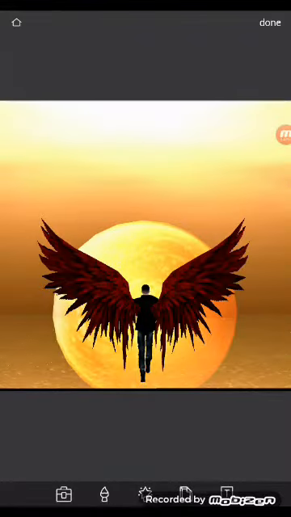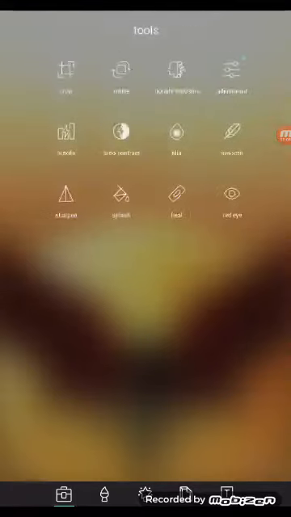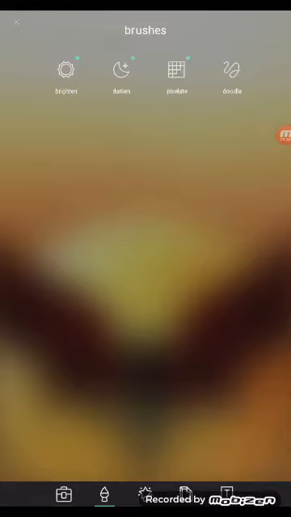Okay, so now we're going to edit this picture. For example, if you see at the bottom, that is the tools. This one, we want to add effects on it, blur, or you want to smooth it, or sharpen it, or do auto contrast, auto fix, everything. We're going to see a little bit of that. And if this is the brushes, you want to darken a little bit or brighten a little bit,